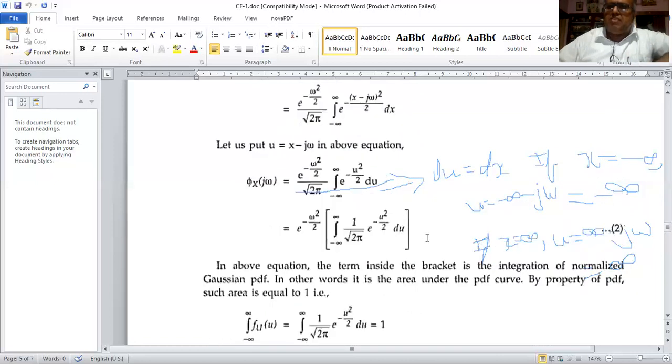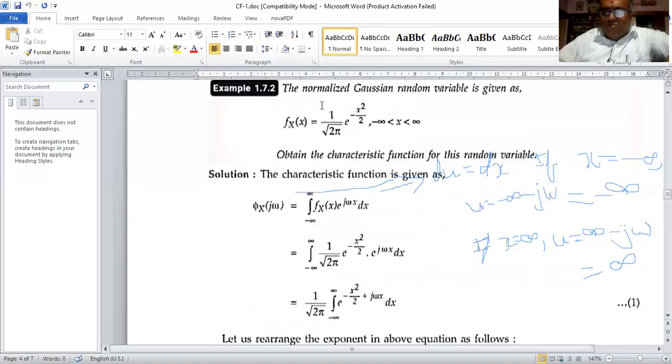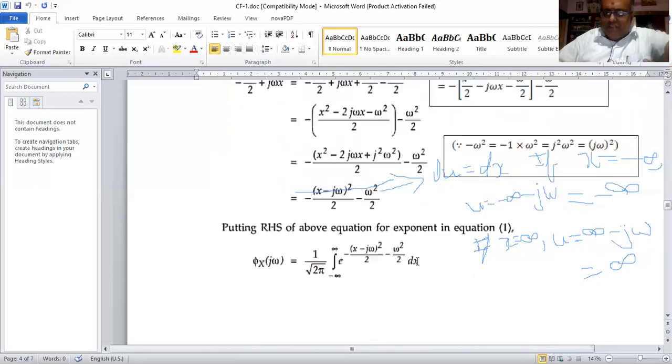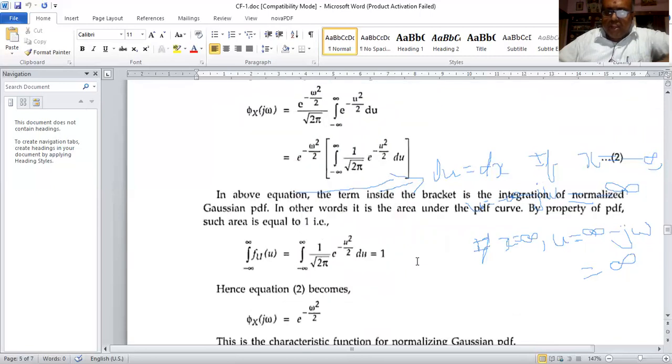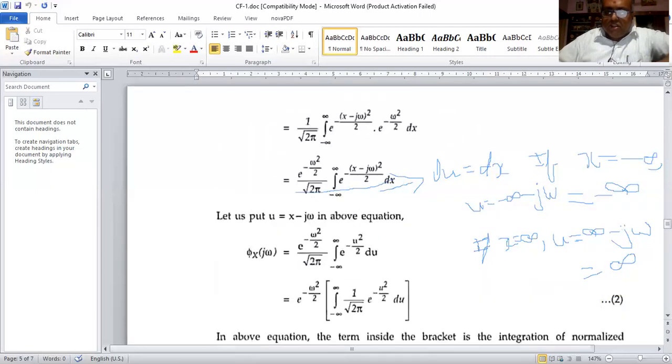This parameter is very, very important. The area under any PDF curve is equal to 1. Now, how am I recognizing that it is the area under the PDF curve? Compare this integrand with the given problem. Both are the same. X squared or u squared is the same. So it means that it is the area under the PDF curve, because it is a definite integral. I can replace this u squared by x squared also, but that follows from the integral calculus property.